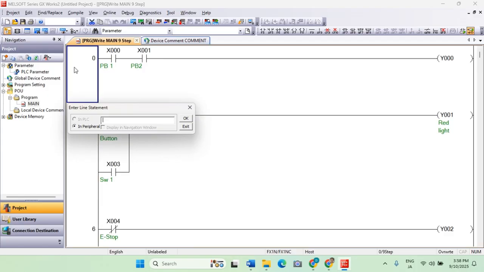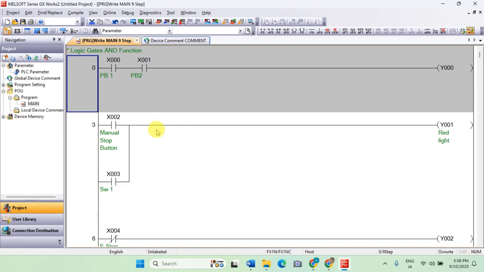Let's say this is the AND function, or logic gates AND function. With this, we can identify that this rank is intended for the logic gates AND function. Then we add another statement. So what are the other ways?